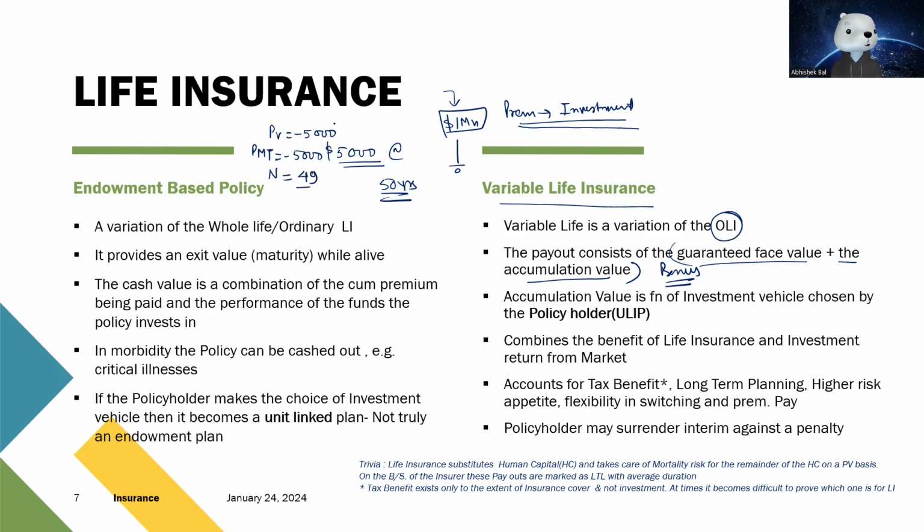Why are we saying 49? Because we have taken one PV at the initiation of the policy itself. That is why we are saying N is equal to 49. And FV, we have got 1 million. So if you input this data and ask your calculator to find out the CPT I/Y,